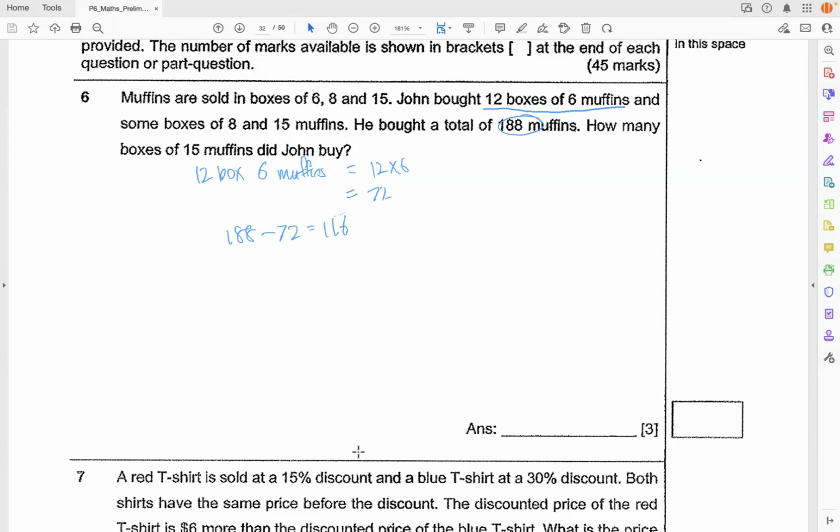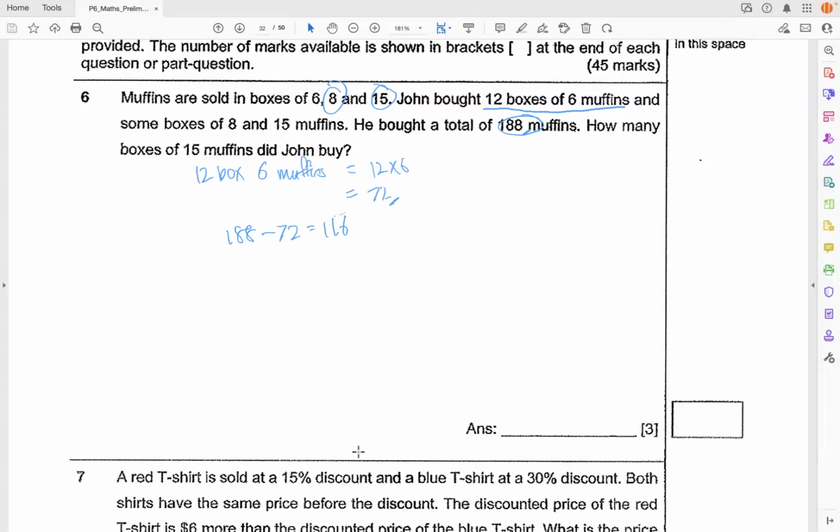So this 116 muffins must be coming from boxes of 8 or boxes of 15, right? Because you already removed the muffins that came from boxes of 6. Muffins from boxes of 6 is 72. 188 is all the muffins. So 188 minus 72, 116 is the remaining muffins, and these 116 muffins came from boxes of 8 or boxes of 15. Right? Now,